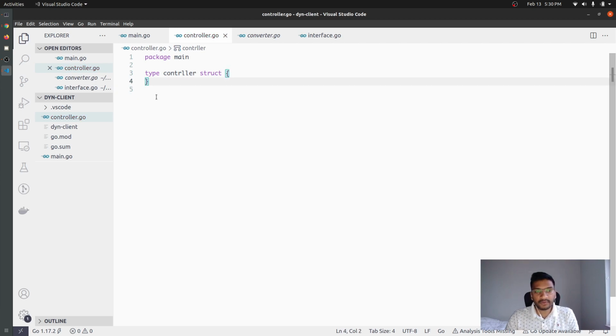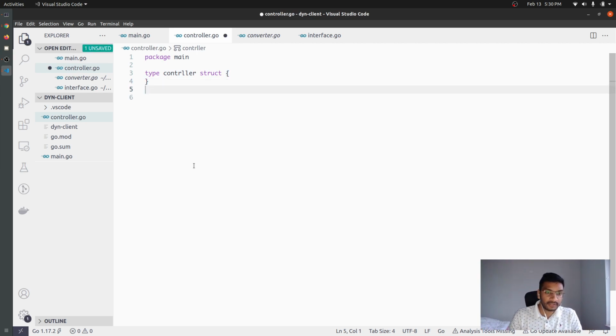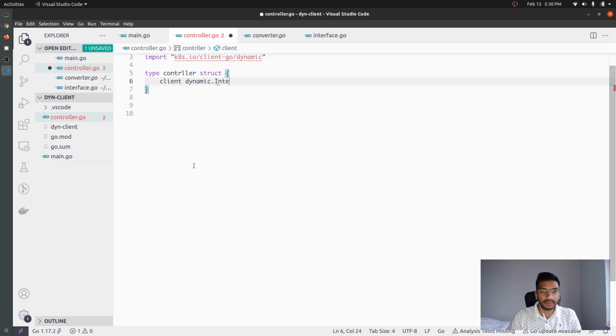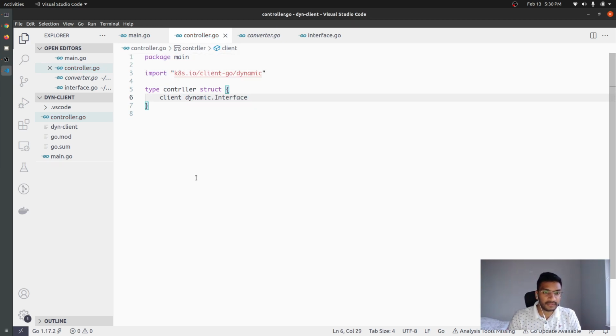Again, I'm not going to explain these things in much detail, because this skeleton has already been talked about in a lot of my videos, where we wrote a controller from scratch and an operator from scratch. So type controller, it is going to have, let's say, a dynamic client. So we are going to say dynamic dot interface, and